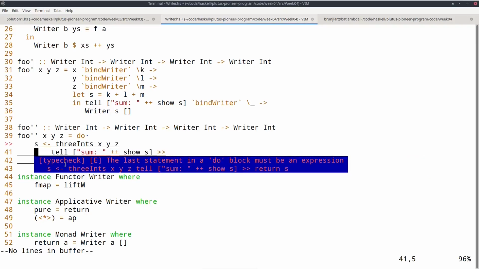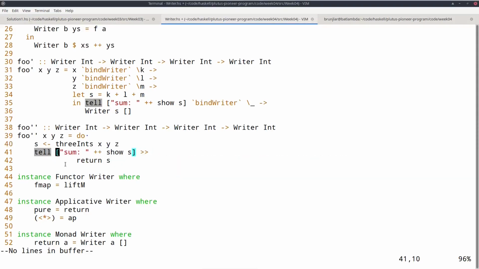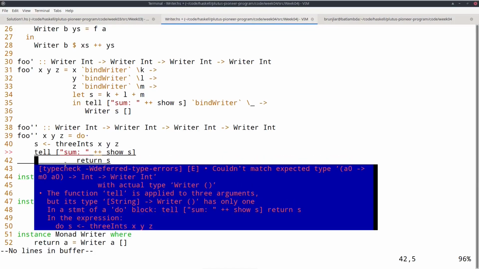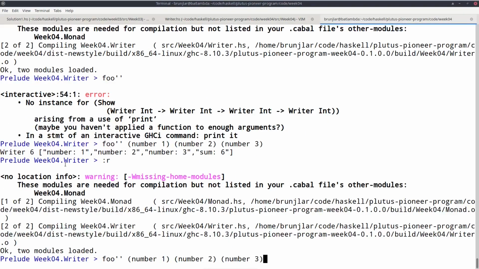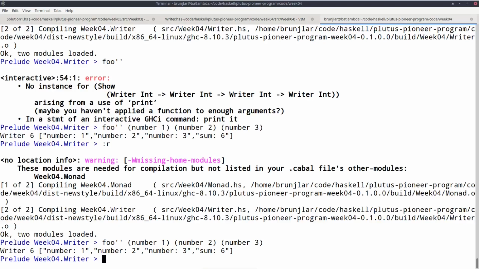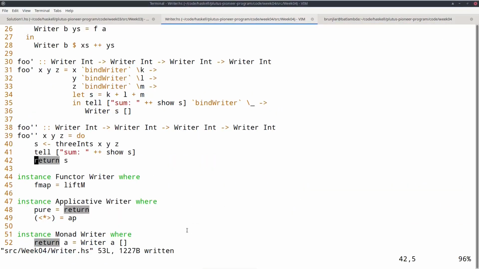Then just the tell. Okay, and if I'm not interested in the result, I can just write it like this. So I don't need the inverse error and the name if I'm not interested in the name, and just do it like so. And if I reload and run this again, now with the do notation implemented, I get exactly the same result. So this is how I would normally write it. And that's monads for you.